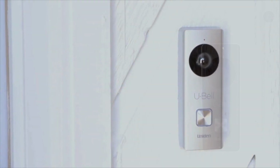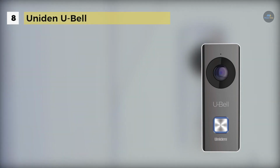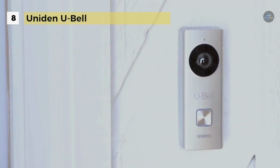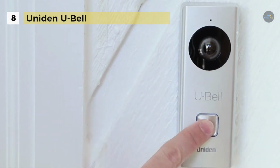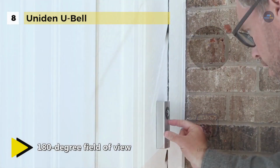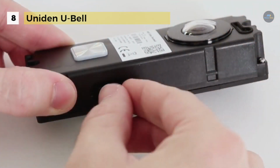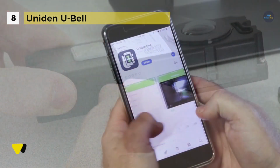The U-Bell DB1 wireless video doorbell provides an additional layer of security for your home. It comes with motion activation, remote activation, and alarm trigger that offers 1080p Full HD monitoring of door entry anytime, anywhere. It includes a mounting template with installation wrench, mounting screws, screw anchors, 4 flat screws, and power cables, power